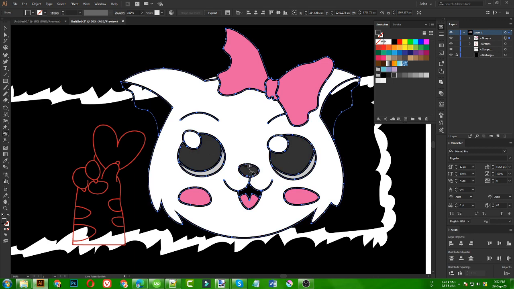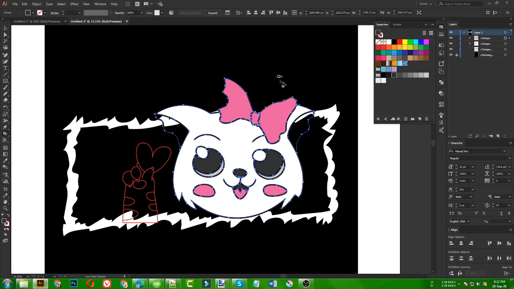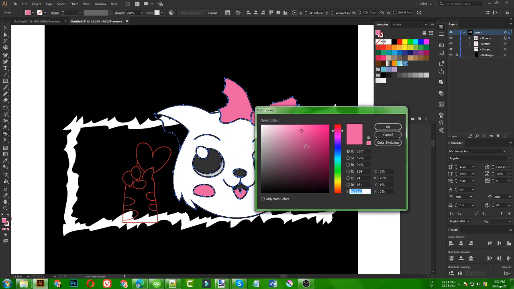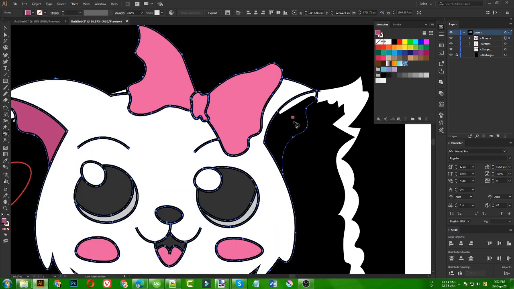So I am going to fill these areas with that color too. So this is the way of using the live paint bucket tool. Now for this ear area, I am going to use this same pink, but in a darker shade, because this is the shadow area. Okay, so this part is not working because there is some mistake somewhere, so I will fix that later.